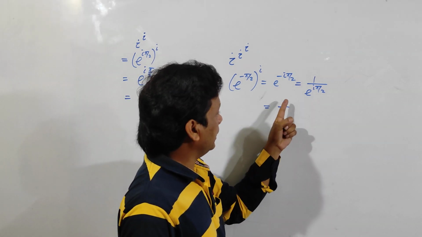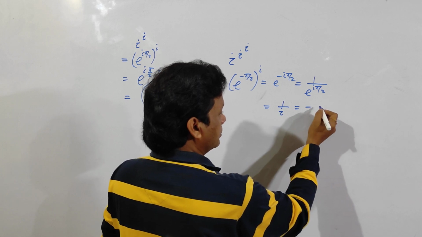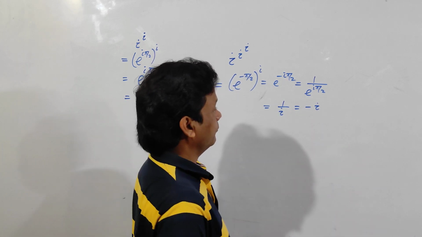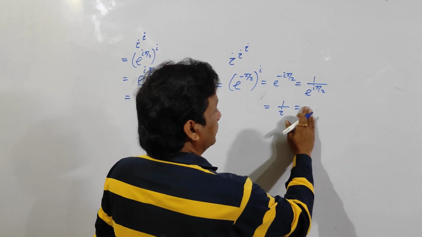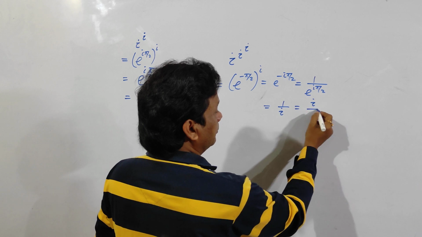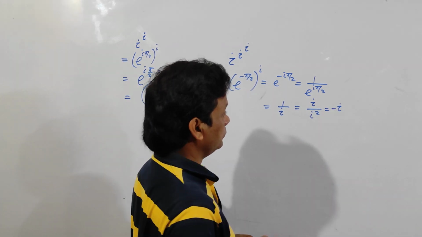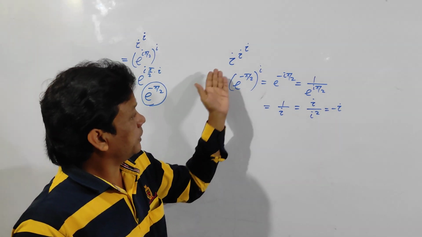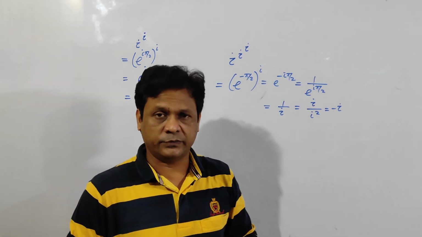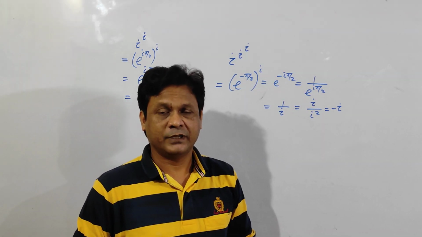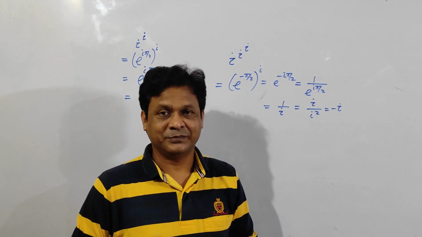Clear? So multiply i in the numerator and denominator. It will become minus i. How? Because multiplying by i, it will become i by i square, and i square is minus 1, so it becomes minus i. So in this way you can find out the powers, and i to the i to the i to the i, and so on, you can solve it. Clear? Very interesting it is. Yes or no?